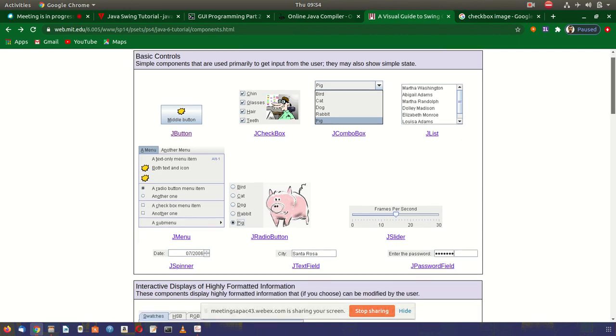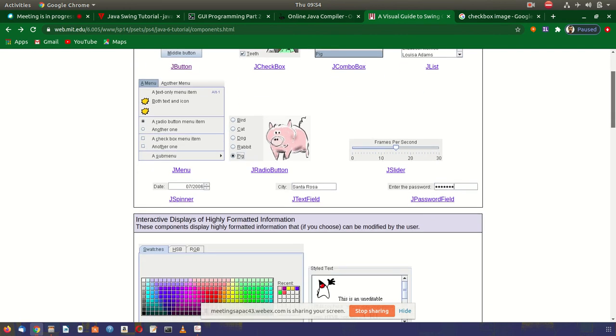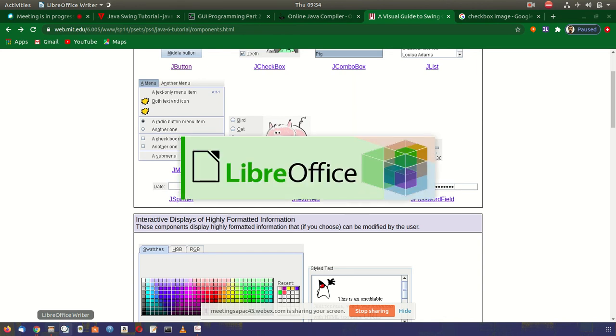Then one of the next common examples is the menu. This menu, can you see? Now what is a menu? A menu item is like when you open your Word file, the Microsoft Word, there you will see a lot of implementation of graphical user interface.